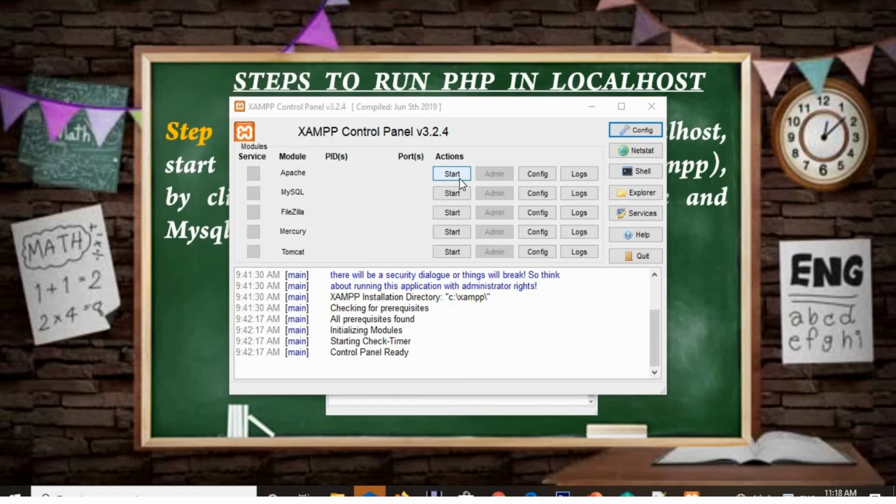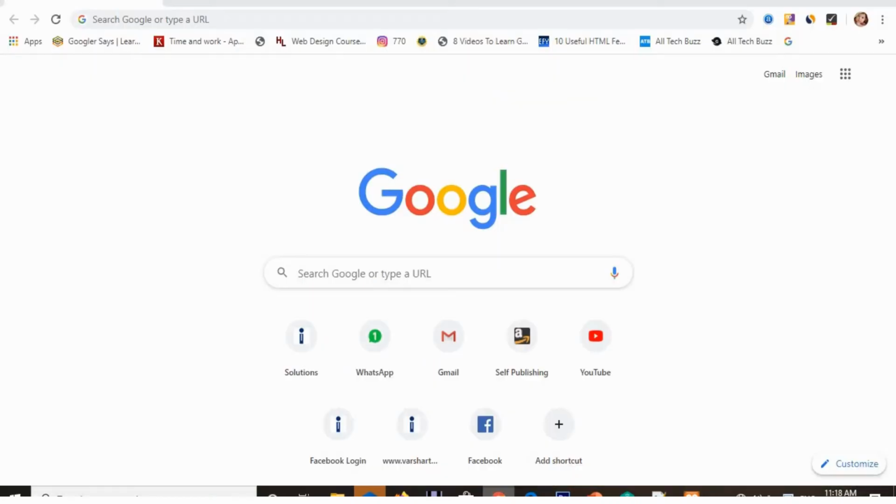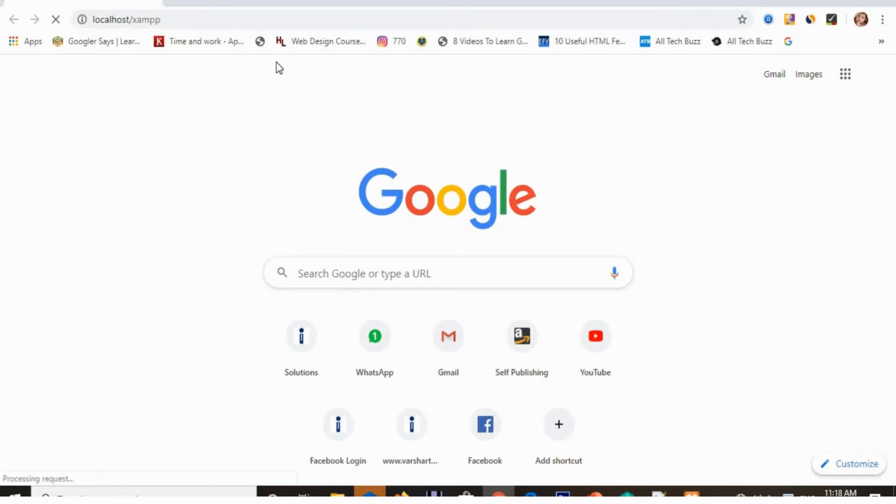In order to run your PHP program in localhost, you need to start the Apache and MySQL servers, right? After starting your servers, you can go to your browser and type localhost/xampp, right? So now enter.